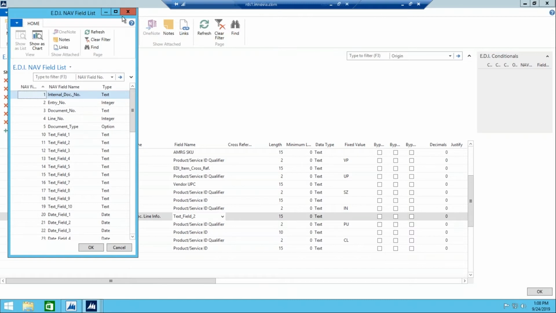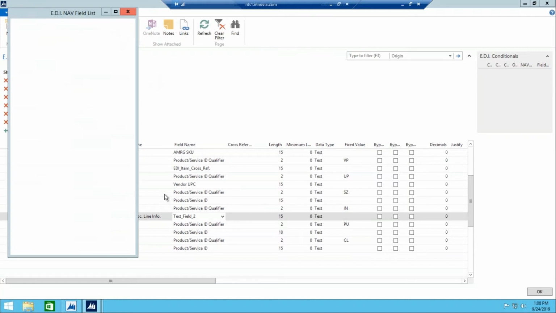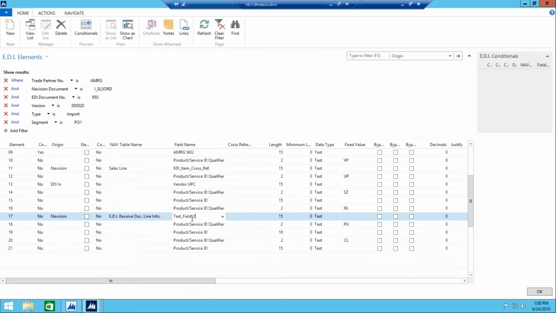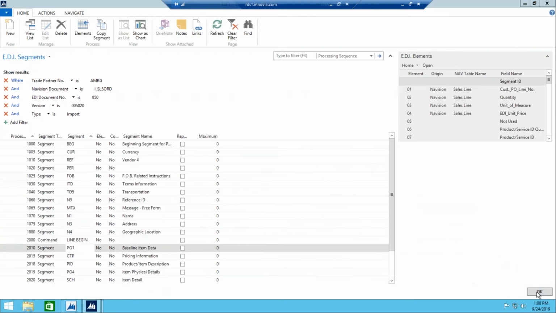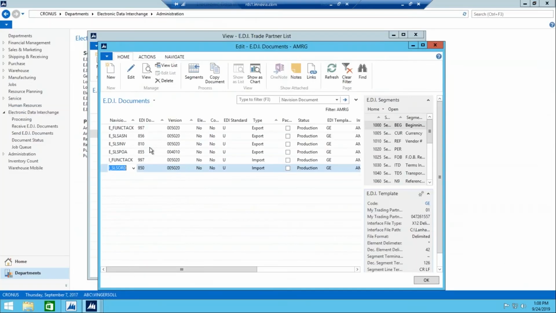But whichever field you choose, like in this case, text field 2, on the outbound document you want to choose the same table and the same field. So then that same value will be exported or sent back to them on either the 856 or the 810. So we can take a look at that quick. For AMRG, it's going to be on the 856 document,